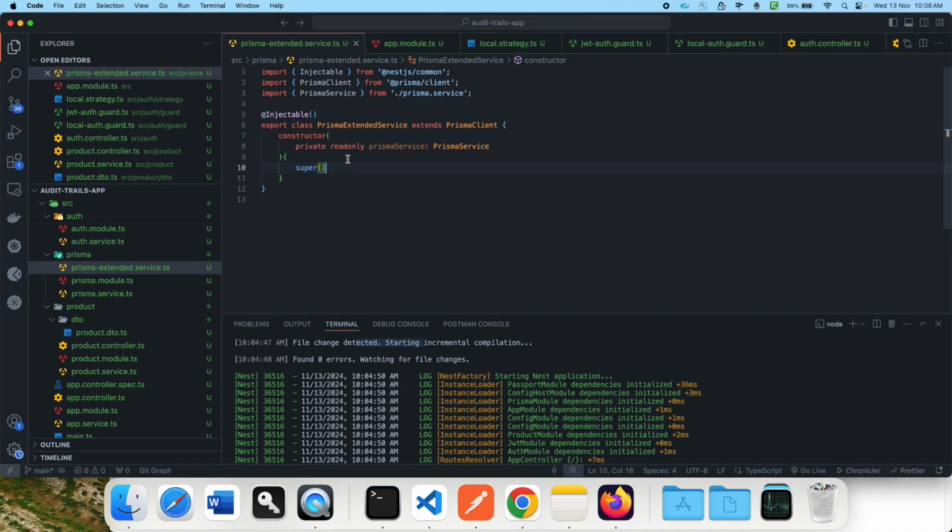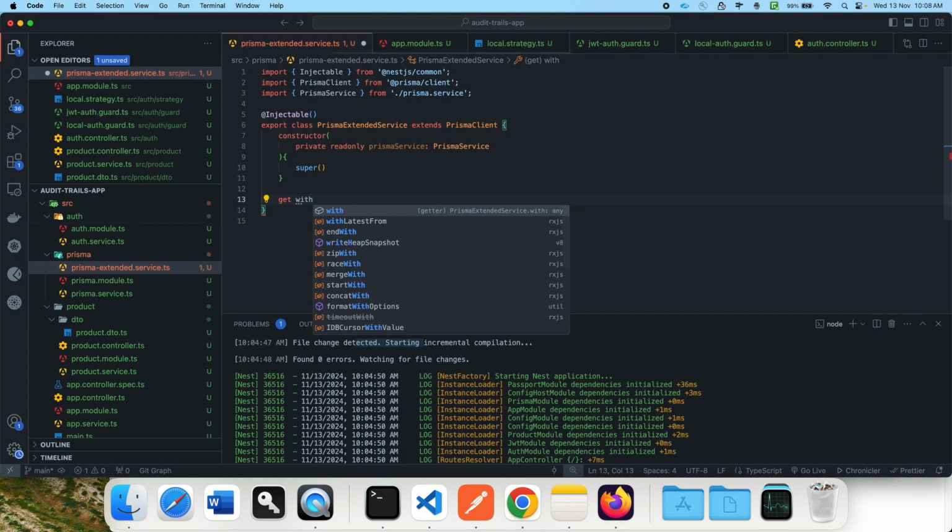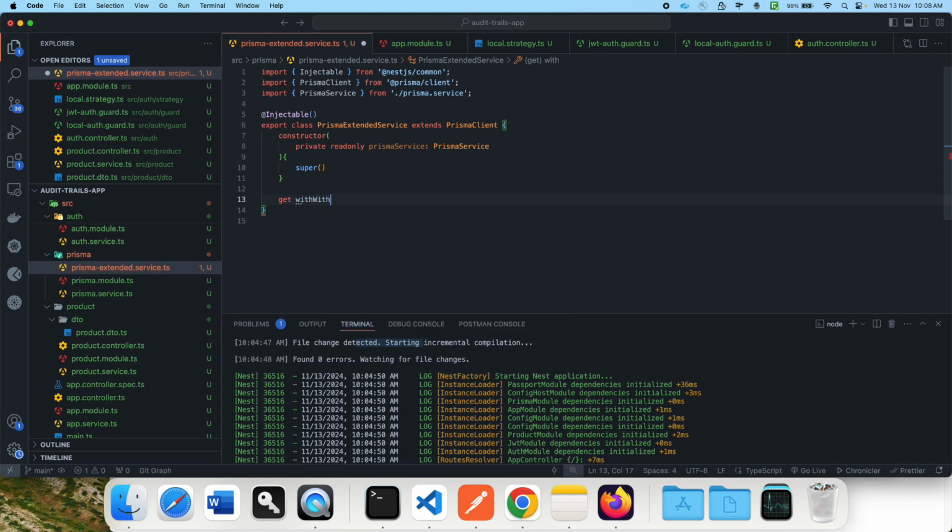We are going to create one property, a getter, and we can call it just like its instance name. Let's say Prisma dot with audit,